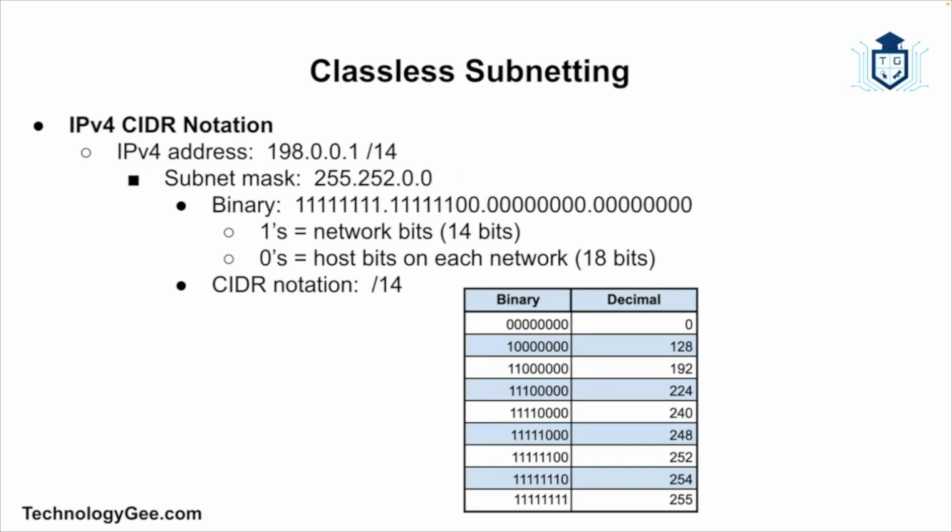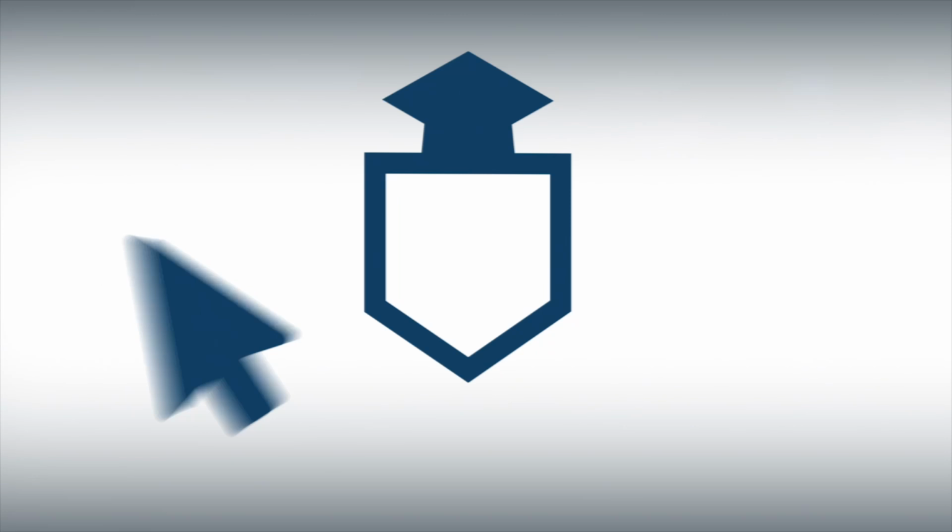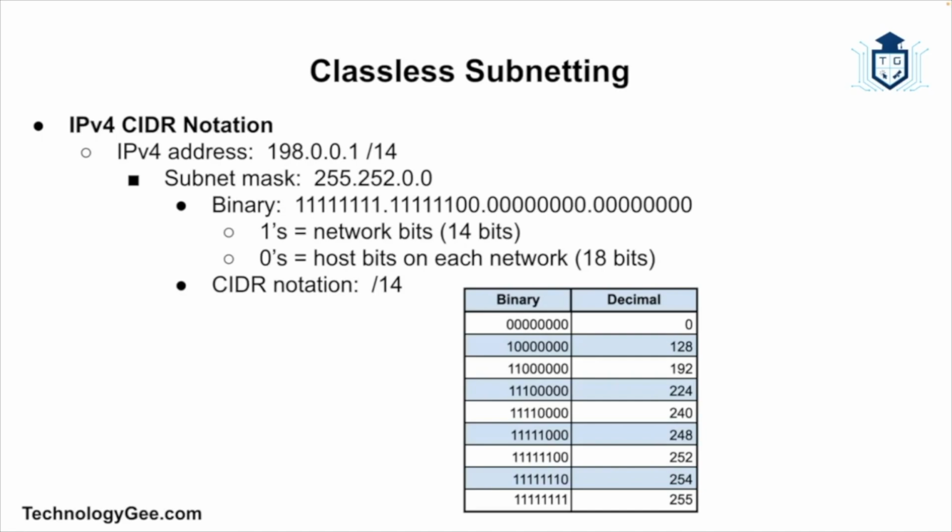All right, so now let's take a look at some examples that show you different numbers that don't have to deal with 8, 16, and 24. So we got this IP address of 198.0.0.1/14. So basically, when you look at this IP address with the /14, that tells you that the subnet mask is going to be 255.252.0.0. And basically what that means is the first 14 bits have been turned on to indicate that we're going to have 255 and .252